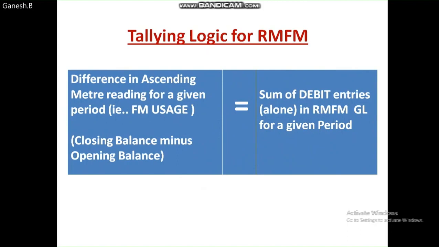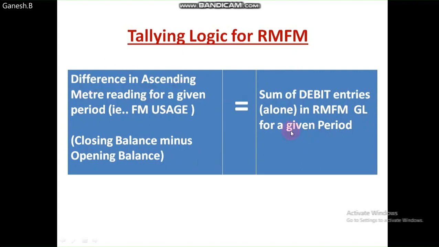If there is a difference, there are 2 chances. In 99% of cases, you will have the step 2 figure less than the step 1 figure. That is, the difference in ascending meter reading will be more, and what is accounted in SAP will be less in 99% of the cases. That means you have not done voucher posting for ordinary articles. Then you have to make a voucher posting